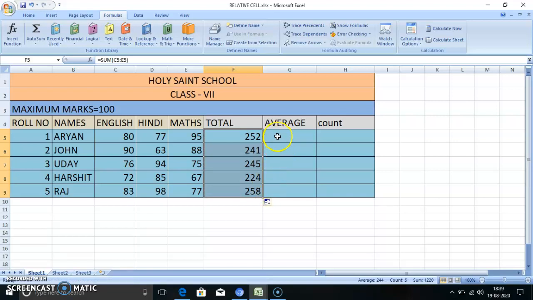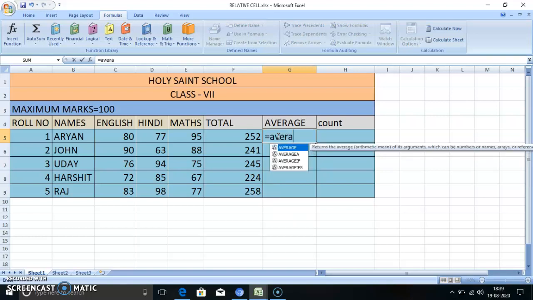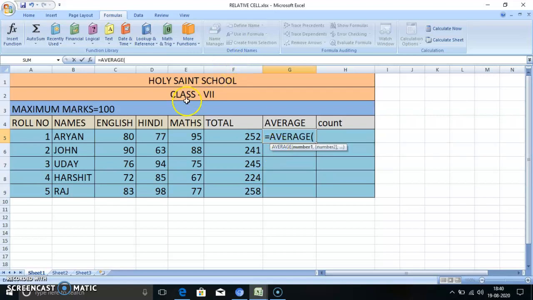Now see how to find the average of the numbers. Put the equals to sign and the function name is AVERAGE. Bracket, click on the first cell, range symbol, then click on the third cell and then close the bracket.